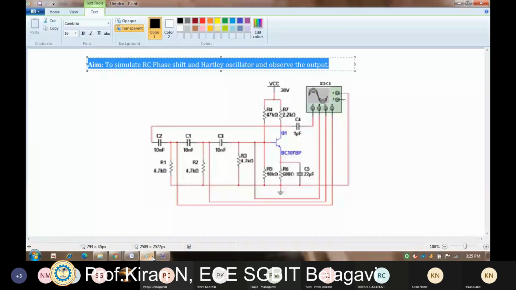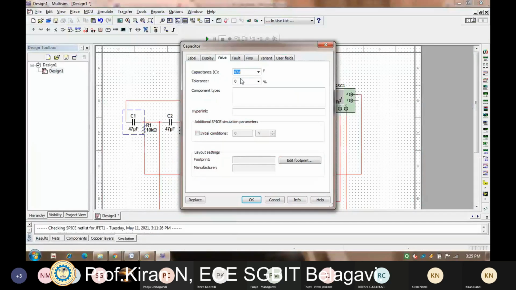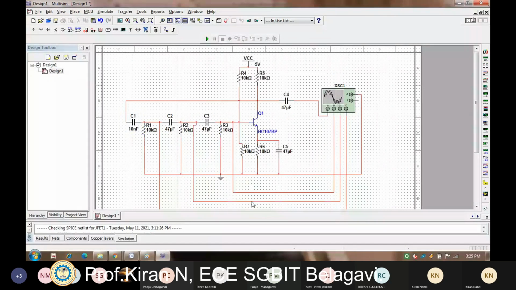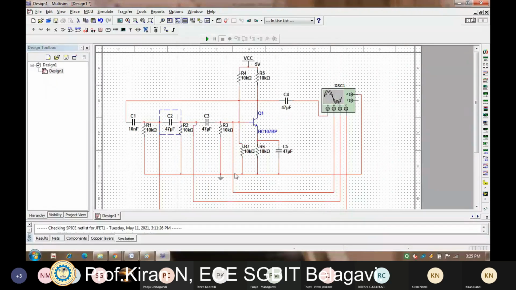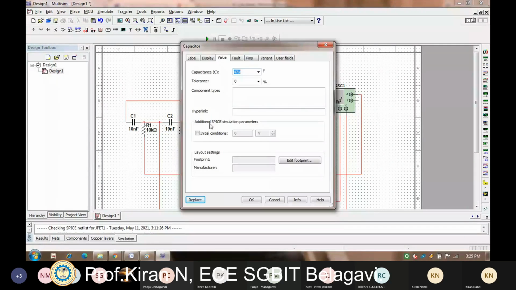You can see here in the value 10 nano. Again, this is 10 nano here, nanofarad. Okay. Change all this component value.